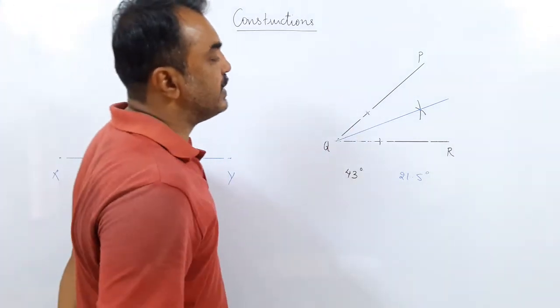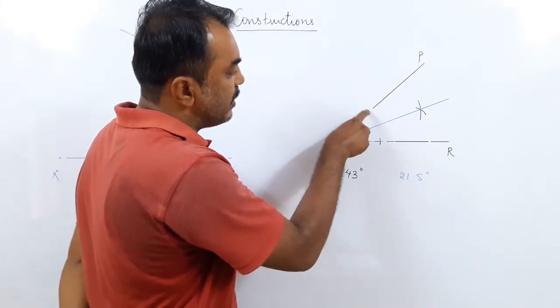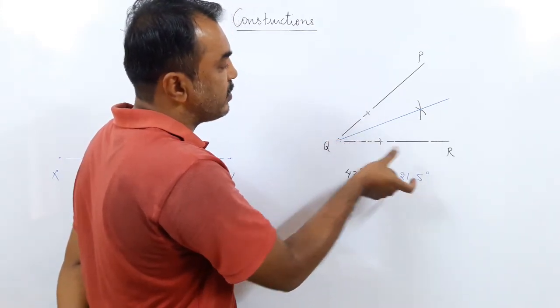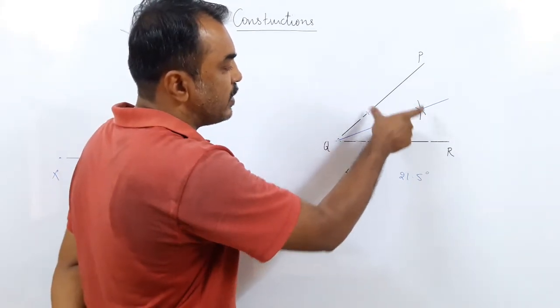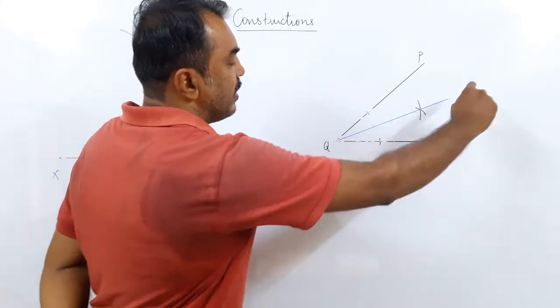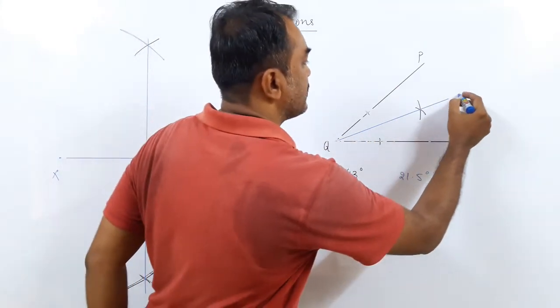How do I draw an angular bisector? Whichever angle I have got from this vertex here, I draw two arcs of the same radius. Then I can change, or I may not change the radius. From this point I draw an arc, at this point I draw an arc, and when you join, let us say name it PX.